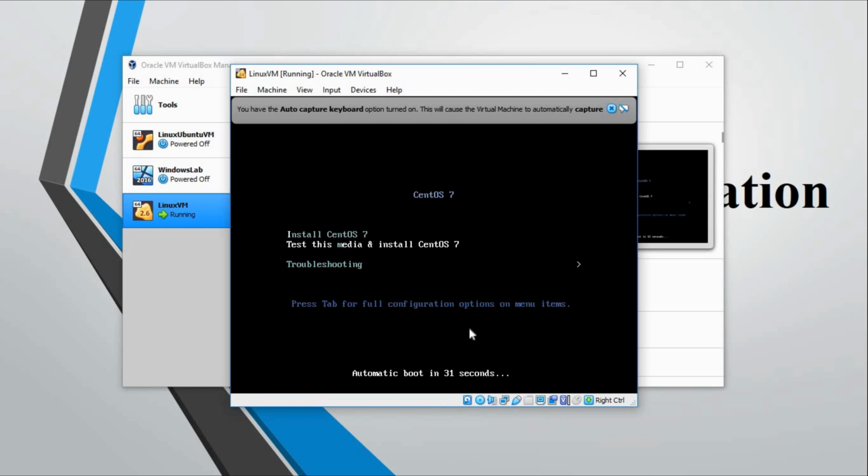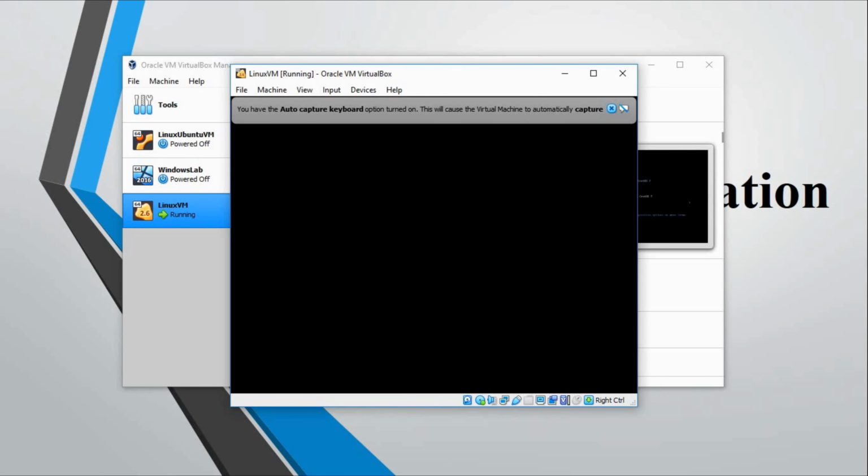That is why you test that media when you are doing the installation. But since we have an ISO image and I am pretty sure the download is not corrupted, I am going to use my up and down arrow keys to select Install CentOS 7, then go ahead and press enter.